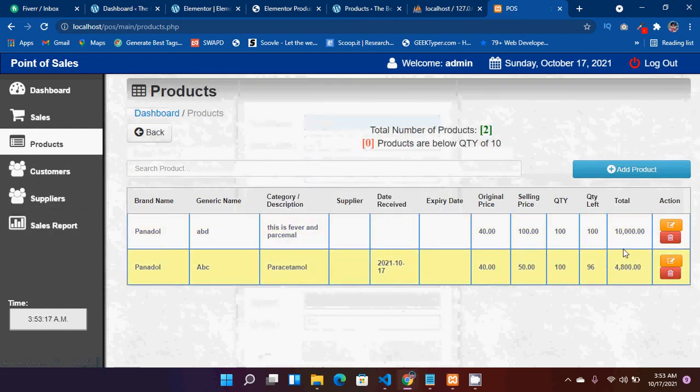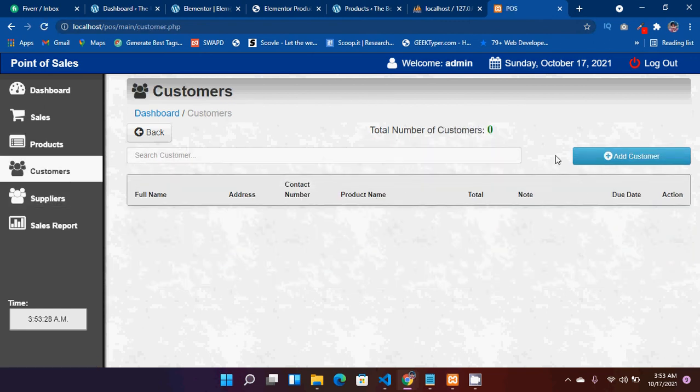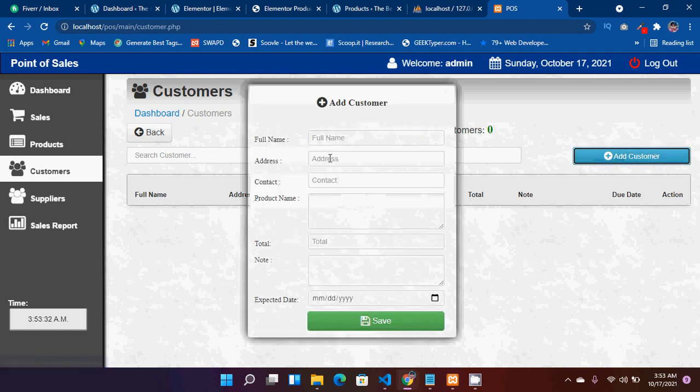So you can see these are two products, Panadol and Panadol. This is also Panadol, this is also Panadol. Customer, if you have any regular customer or walk-in customer, you can add customer name, customer address, customer contact number, and save this.